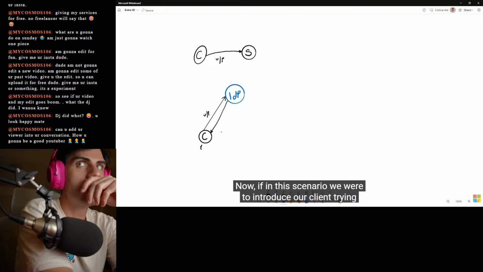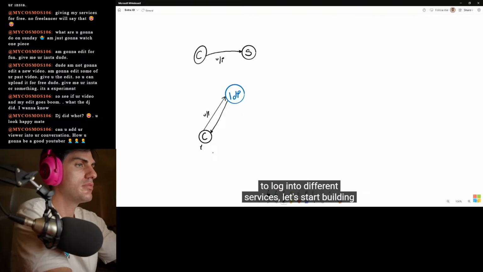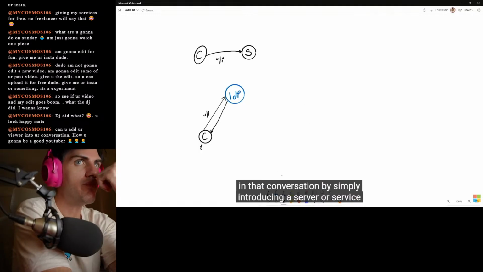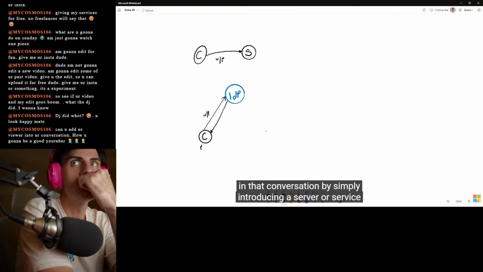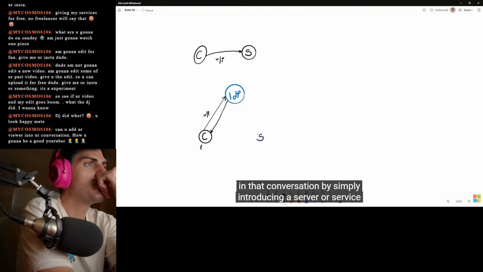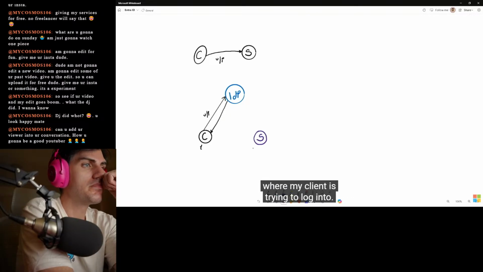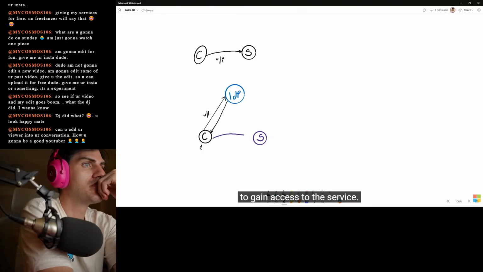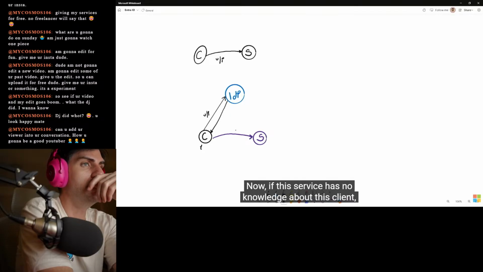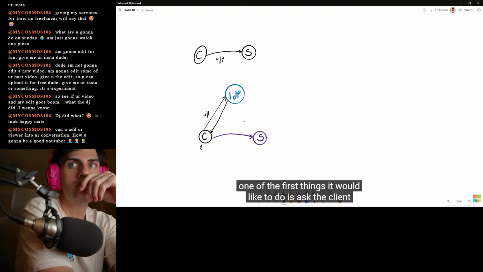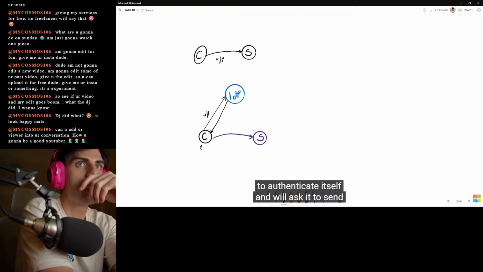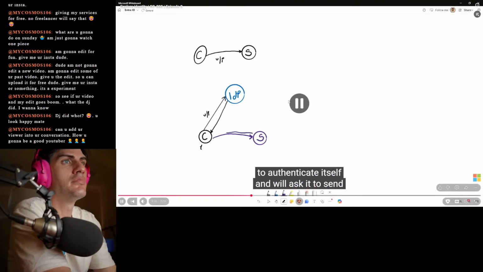Now, if in this scenario we were to introduce a client trying to log into different services, let's start building in that conversation by simply introducing a server or a service where my client is trying to log into. Now, one of the first things this client is going to do is try to gain access to that service. Now, if this service has no knowledge about this client, one of the first things that it would like to do is ask the client to authenticate itself, and will ask it to